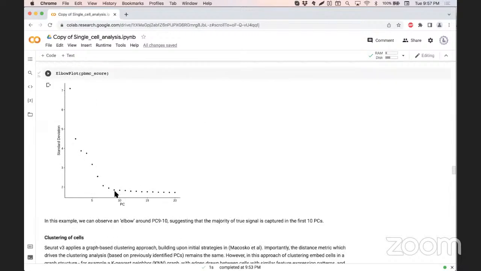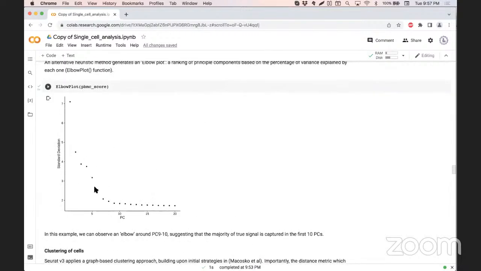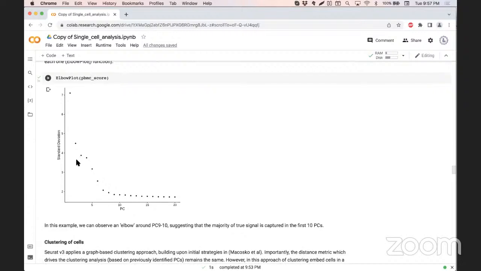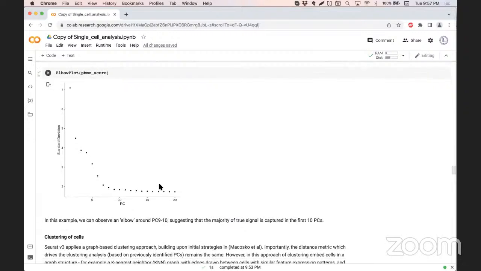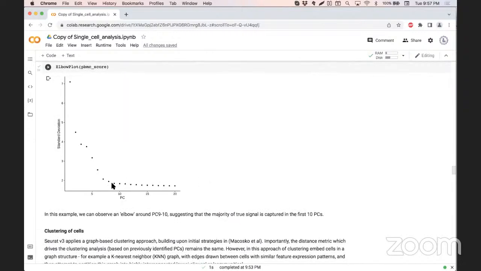Also, we can do the same using the elbow plot. The elbow plot shows the standard deviation, which one might relate to the number of principal components that we have. And this tells us that we could actually have had good results by stopping at 8 or 9